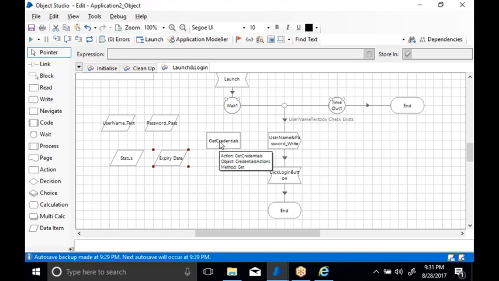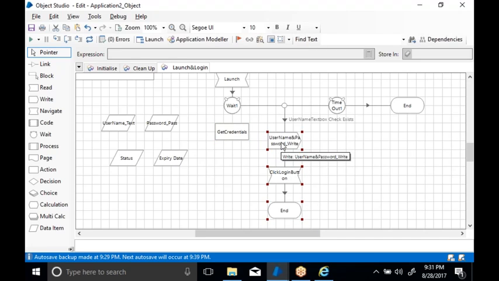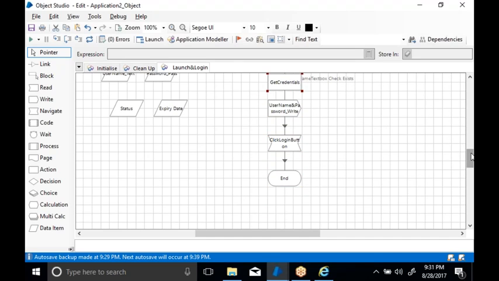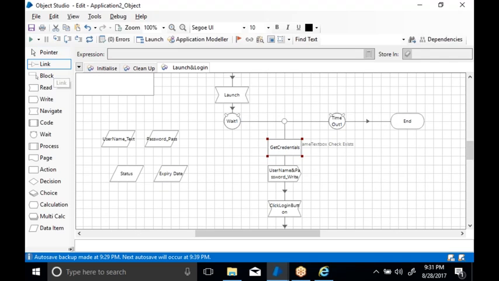Now you are getting the credentials here by the action stage. Where you require the credentials, before entering the username and password, before you use the write stage, you put this here, just drag and drop and connect it. Once the page is loaded, I want to get the credentials, and whatever credentials come, I want to store in the username and password. After storing that, I am going to write the particular username and password in the write stage inside my application. Like this, you can get the application credentials through the credential manager.